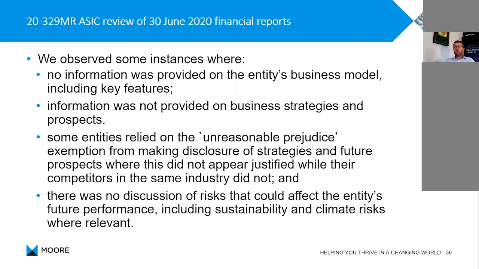So one of the things that really gets them cross is where companies will try and use the unreasonable prejudice exemption for saying, I don't want to talk about my future strategies or prospects. But at the same time, they're spruiking that in analyst briefings, and they're giving a lot of detail to analysts, and they're putting stuff on their website, but then they don't want to put it in their financial report. So ASIC's calling people out for that, and definitely trying to look more holistically,